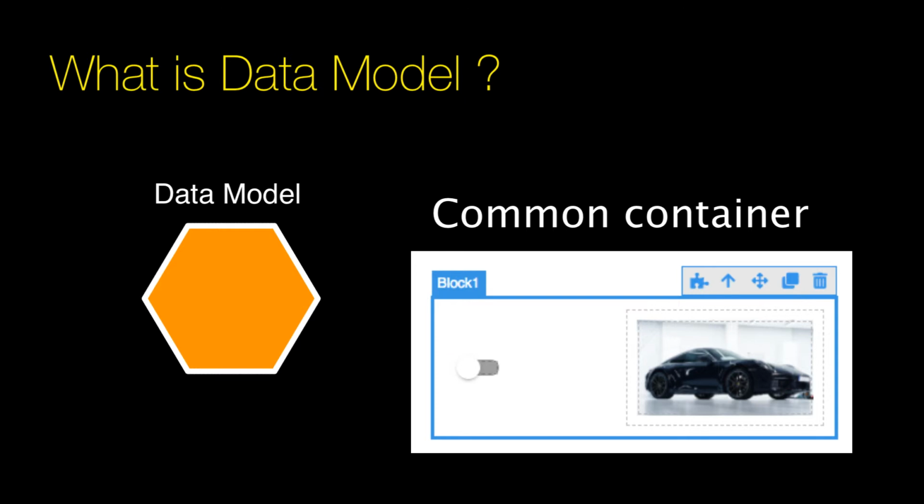In the image you see on the screen, we have a block that contains both a toggle and an image. And in this case, when the toggle is in the on state, the image is shown, and when it's in the off state, it would not be shown. So for instance, that's the logic you're after. In this case, both the toggle and the image are inside of the block, and the block becomes the common container. So when both the toggle and the image use data binding, the properties in the data model that they set are going to be sitting in the data model object associated with this block 1 that you see on the screen, because that block 1 becomes the common container.